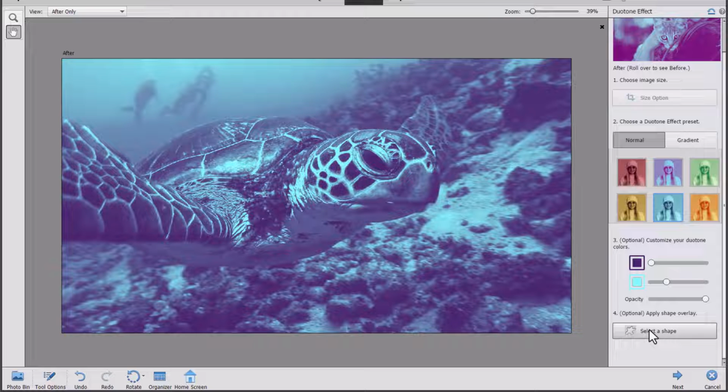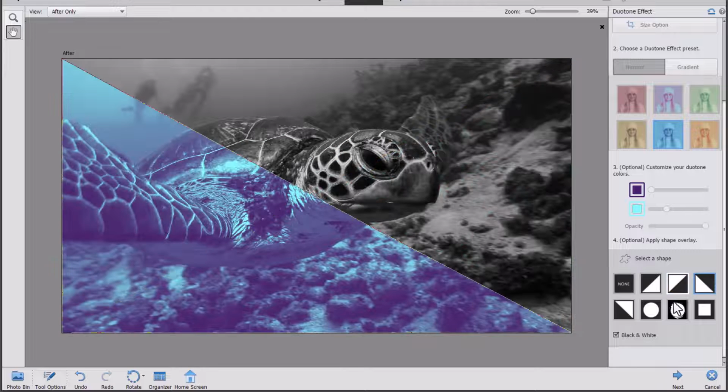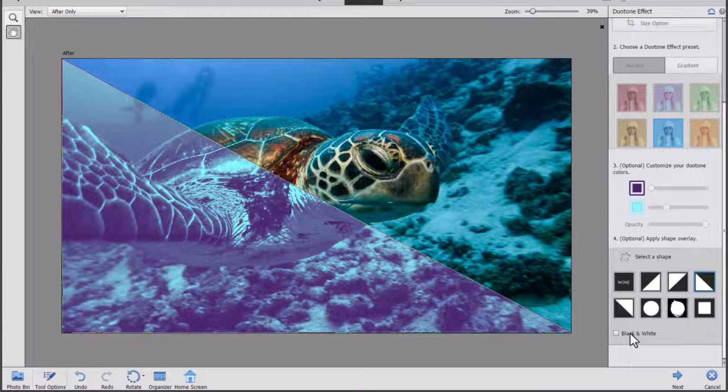Your 4th step is to choose a shape. I actually really like these kind of half effects. And if you turn off black and white, you can see that really makes a super fun effect. I'd like to think that you could use this on social media and you could use this more subtle background for your text. Now, at any point, if you don't like what you've done, you can click on the Reset